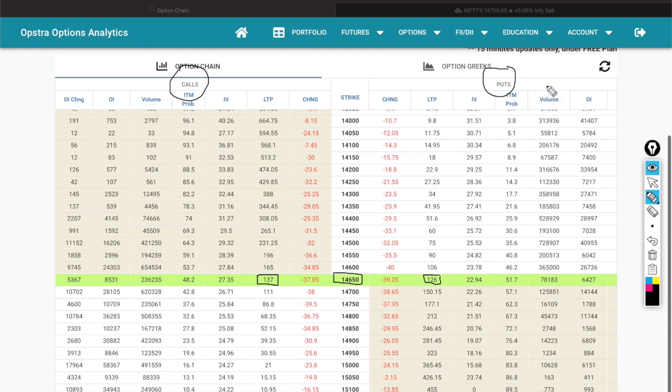So we have to find something very simple, that is we have to check the volume and OI. You can skip the volume for now, just remove the volume. We don't need the volume, we just need this particular OI data. In this particular range, you just have to find which row has the highest number of OI. You check 41,000, 5,000, 20,000, 7,000. You just check which is the highest number over here.